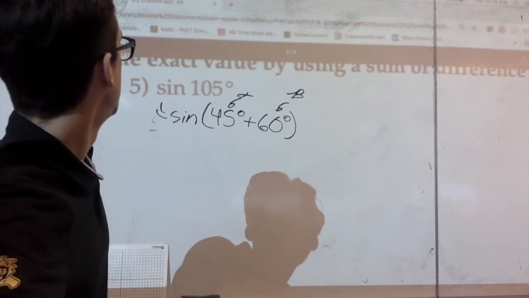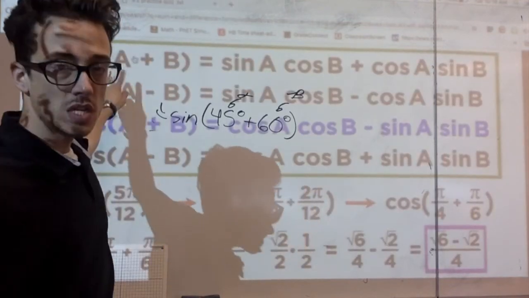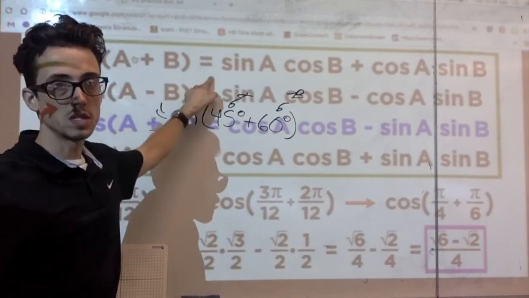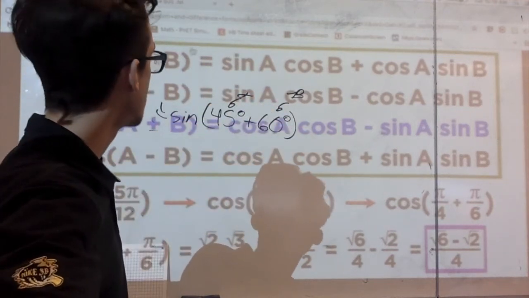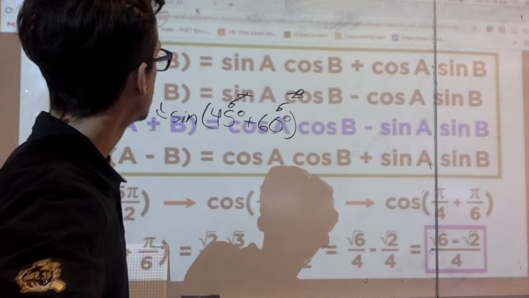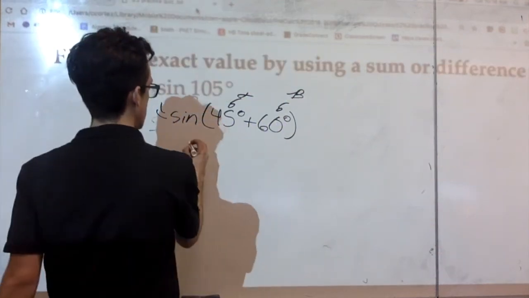So let's check. If I use sine of alpha plus beta, I know this is sine of A and then cosine of beta. And then I'm adding on cosine A, sine B. So this is